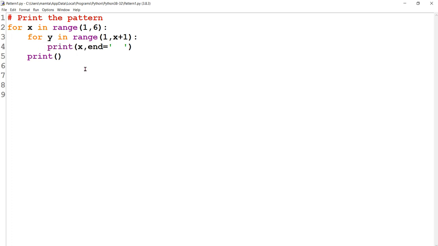Line number 4 is responsible for printing the data part, and line numbers 2 and 3, the two loops, are responsible for the shape, while the print statement in line number 4 is responsible for the data to be printed.